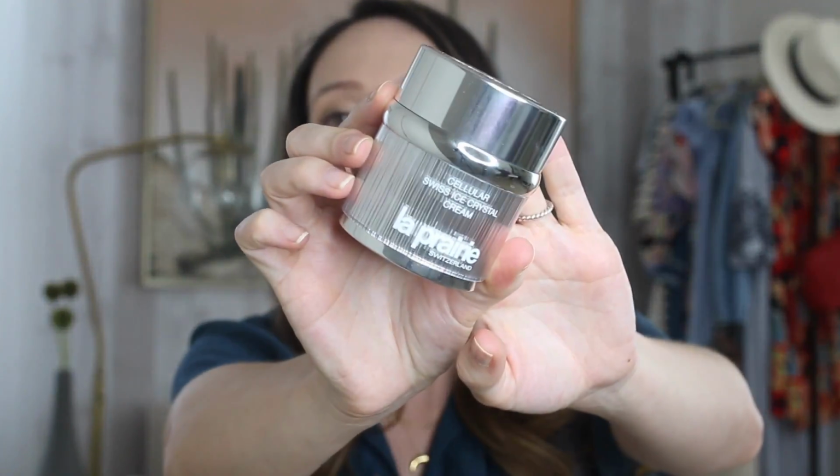The La Prairie Cellular Swiss Ice Crystal Cream. Obviously this is designed to be more of an anti-aging cream, but it's wonderful on my skin now that's a little bit drier. It has this beautiful texture and it absorbs right into the skin. I do feel a little bit more firming with this, and I do find that this really helps with any redness that I'm having, and I can use this during the day. It works beautifully